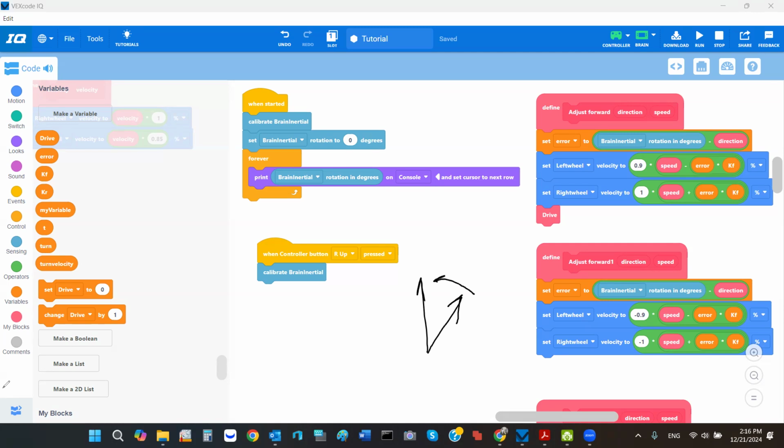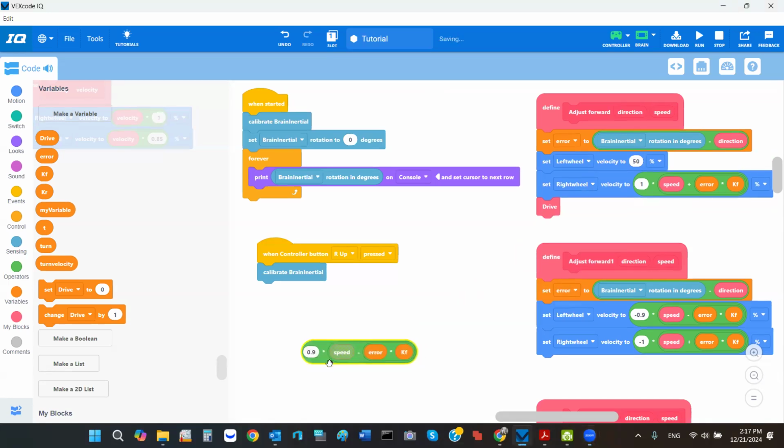It needs to turn left. So it needs to add speed to the right wheels and reduce speed from the left wheels. And that's exactly what it's doing. It takes speed